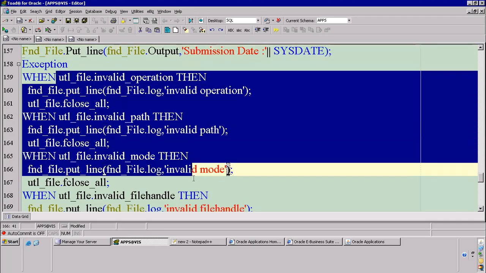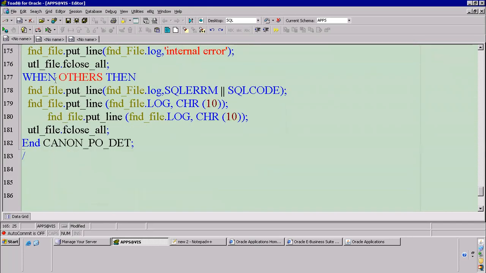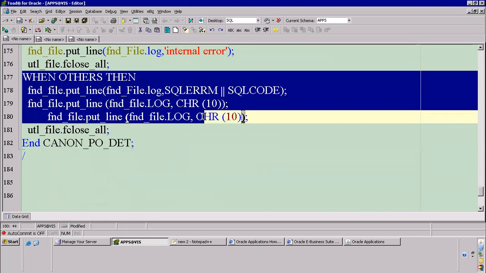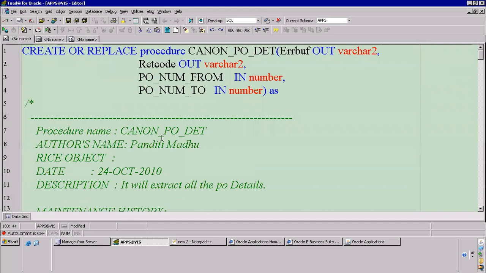These are all the exceptions I already told you, in the sequence we have to follow. And finally, when others then. Okay. So hardly just 180 lines of code. Again, we'll come back. So I'm explaining this code. Okay. First is,